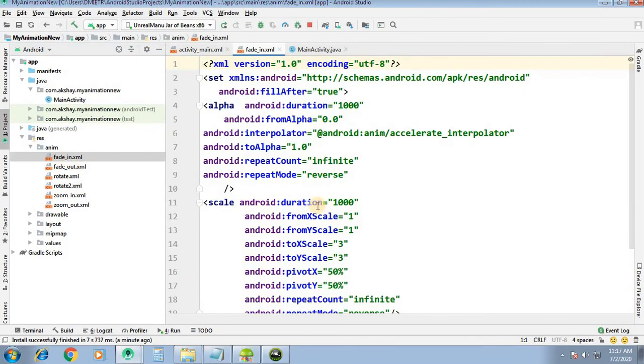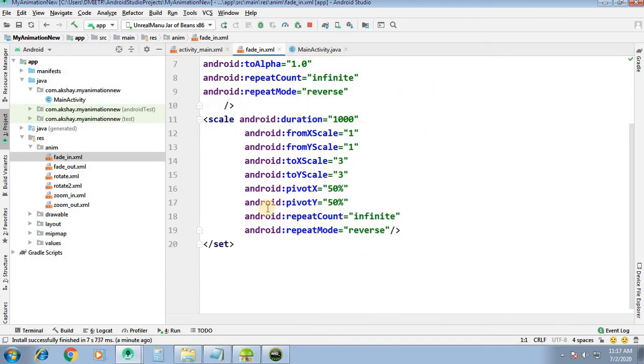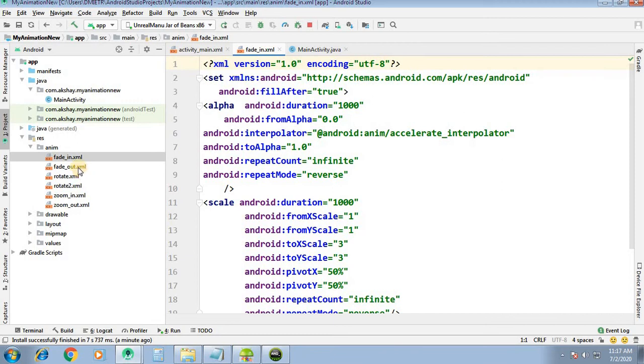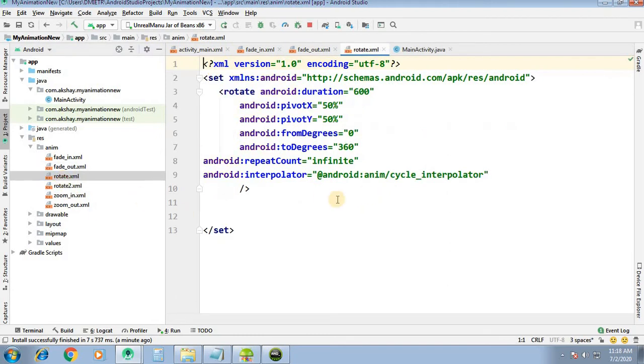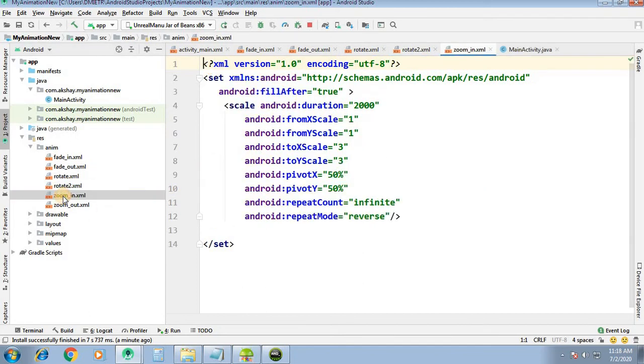So this is the setting for the fade in effect. Okay, then fade out, these are the effects for fade out. Rotate, rotate 2, zoom in and zoom out.